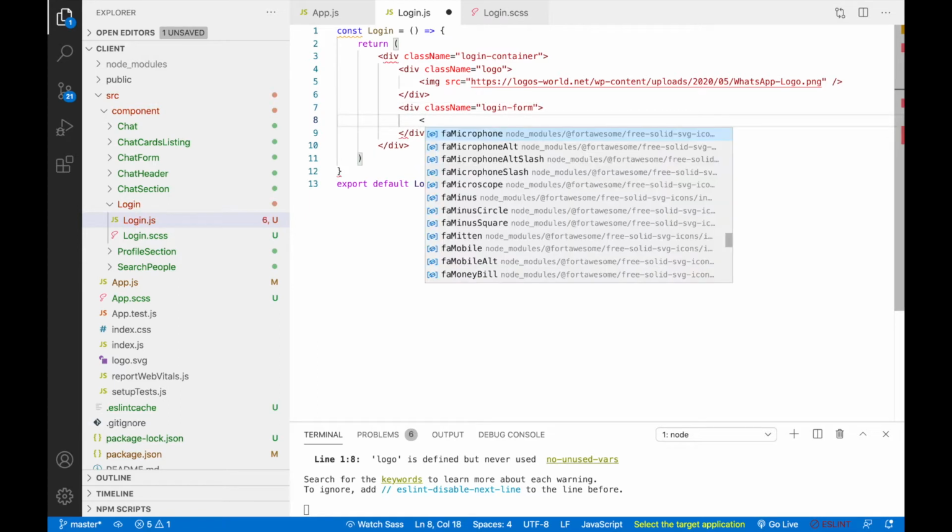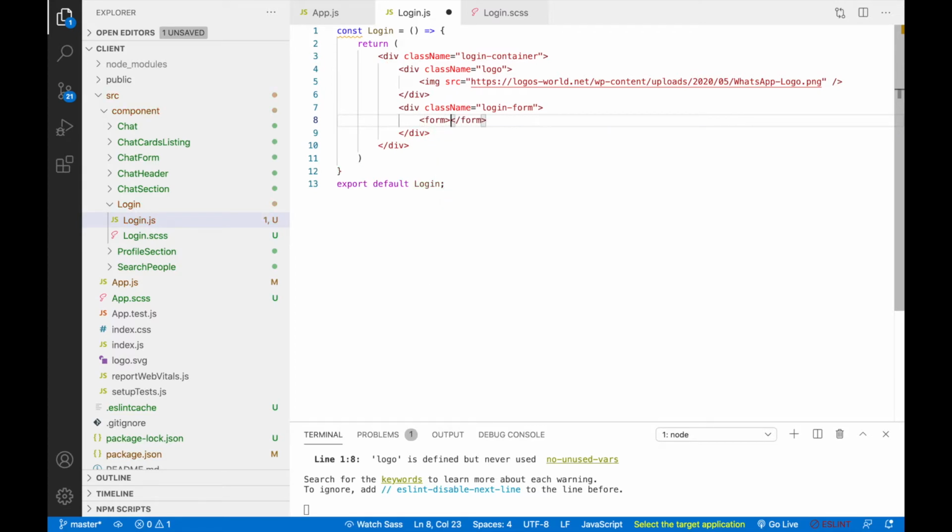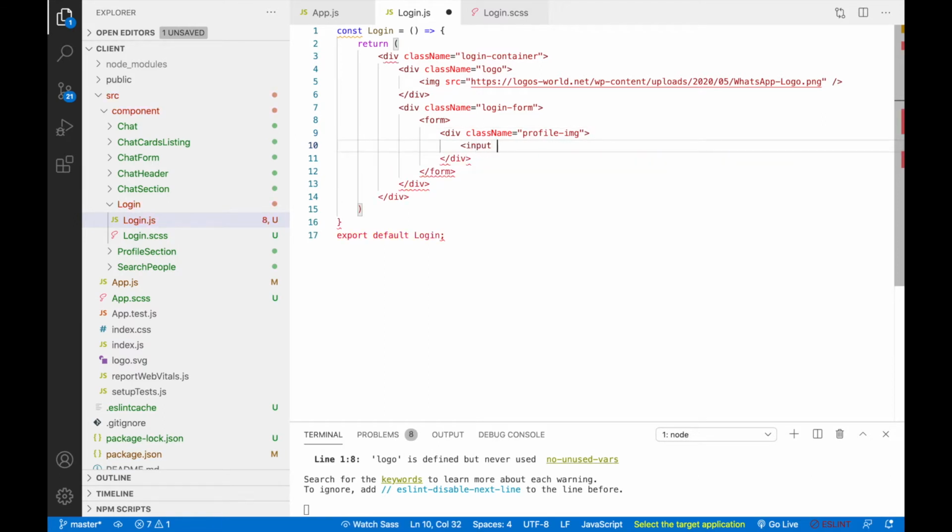Inside this we'll write form. Inside form we'll create one div and that will be our profile image like this, and inside profile image we'll write input. Okay, and the class name for this input is file upload.